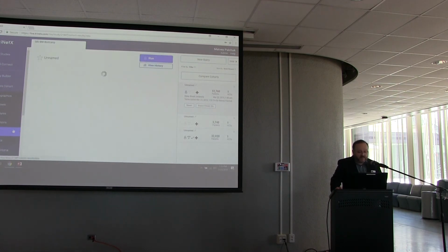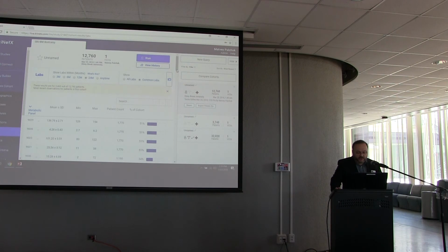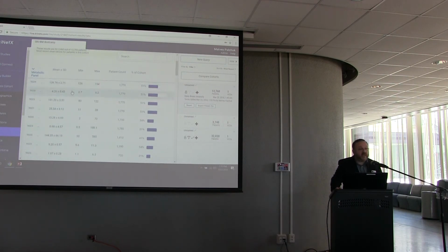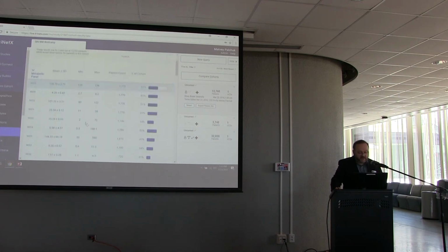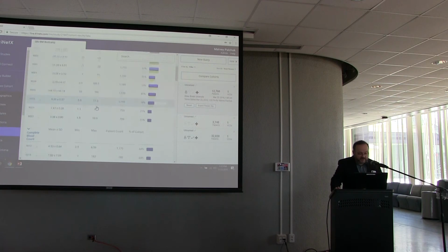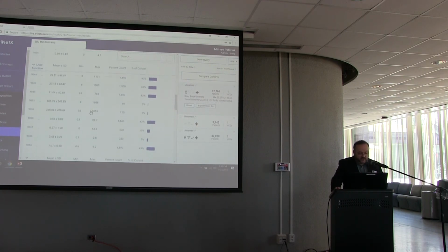When it comes to labs, we're actually showing a slightly different view. We organize labs by common panels. There is a view to see all of them. So here at the top it says show. You can see all the labs sorted alphabetically, but if you want to see them by panels, so your extended Chem7, your CBC, your LFTs,